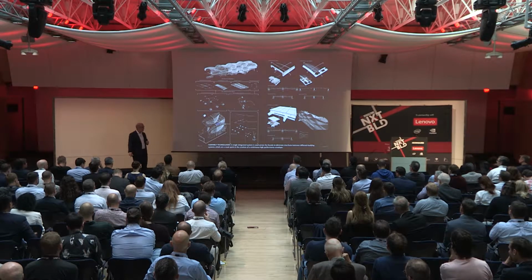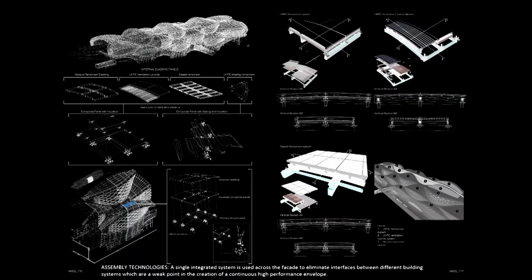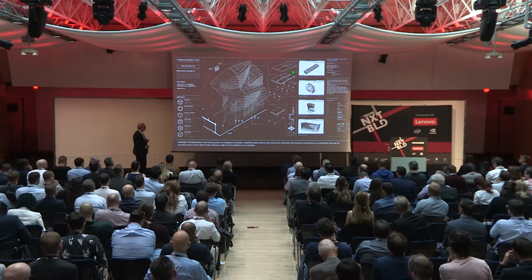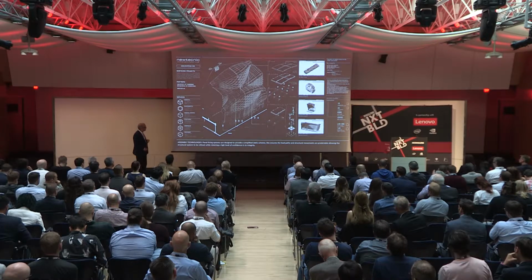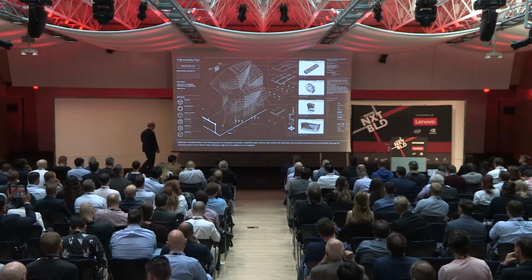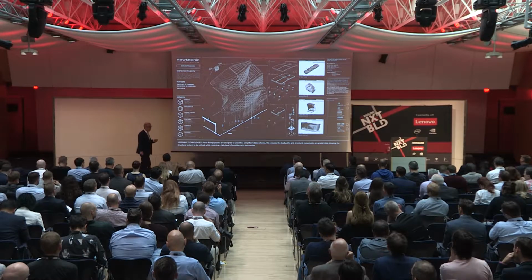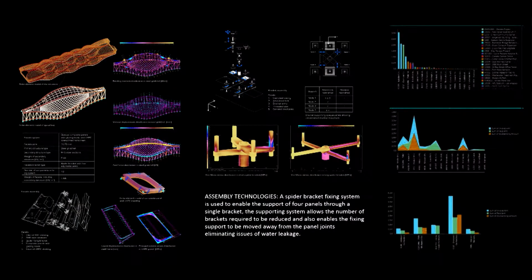So one of the things that we do at New Technic is develop facade systems and structural systems and connections which are prototyped and tested at leading universities around the world, so that by the time we get to the bidding stage, the tender stage, we already have geometry, we have assembly, and the components are already modeled. Like everyone else, we're making as much use of Grasshopper and Dynamo as possible with Revit, and we're using primarily Grasshopper where we are developing it with other